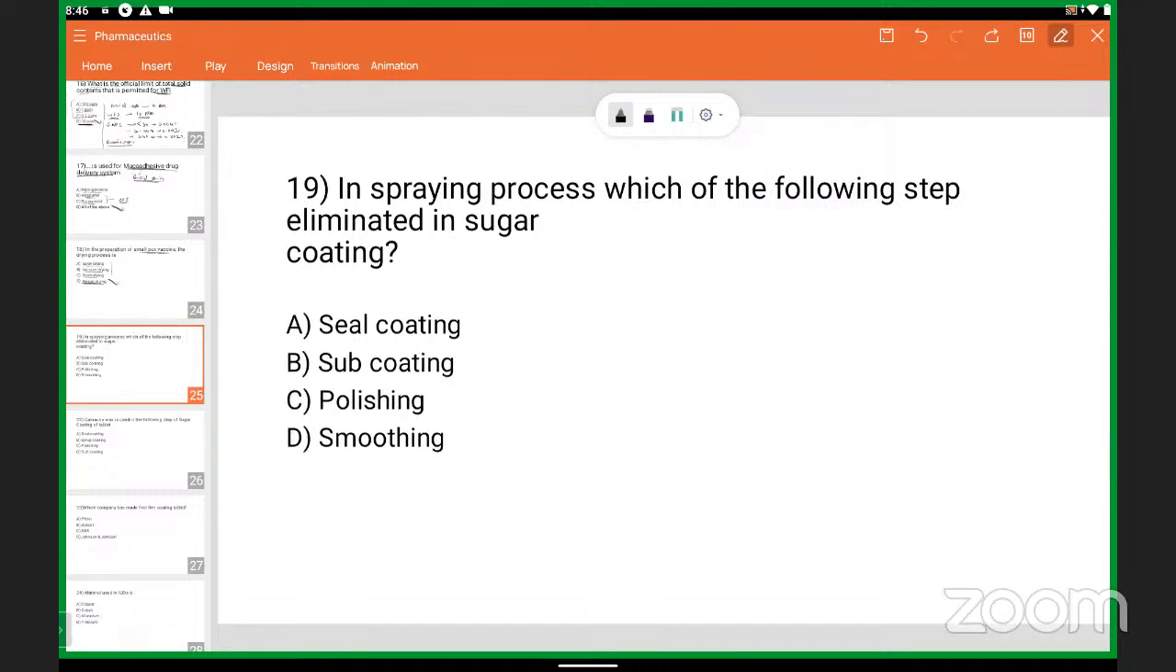That is, in spraying process, which of the following steps is eliminated in sugar coating? Now, this question is again a bit of a doubtful question. Like if you see the seal coating, sub coating and polishing and smoothing, all of these options we use in sugar coating itself. But here they have asked with respect to the spraying. So if we talk about spraying, then if you see the sugar coating steps that are involved in the coating operation,